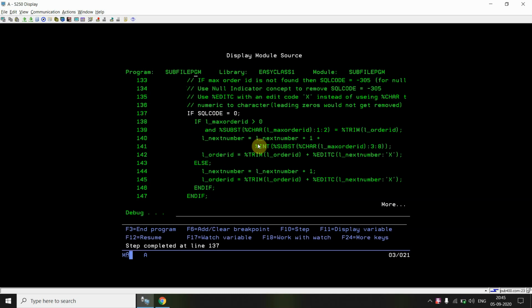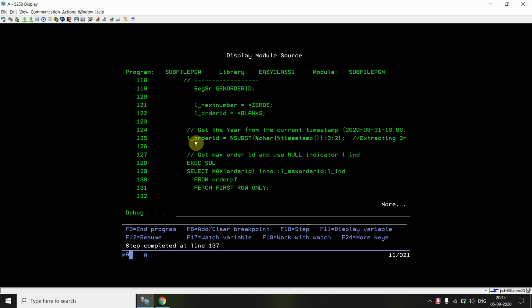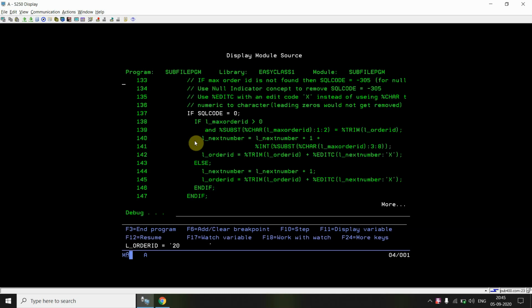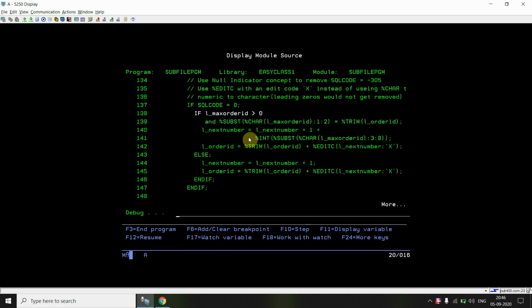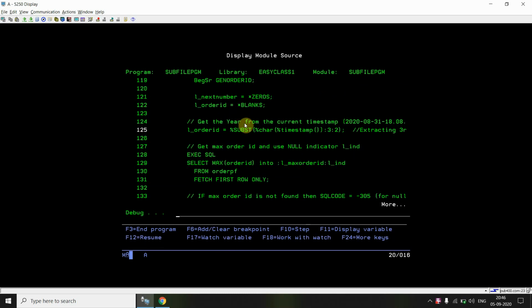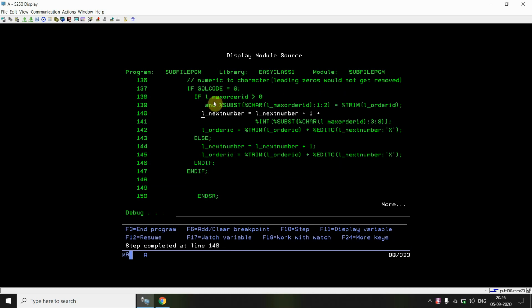L_order ID is 20 right now, which is the year part. Now it will get the max order ID. Just do page up. If you look into this L_indicator, it is 0 now, meaning it is not null. Max order ID is 2000001.